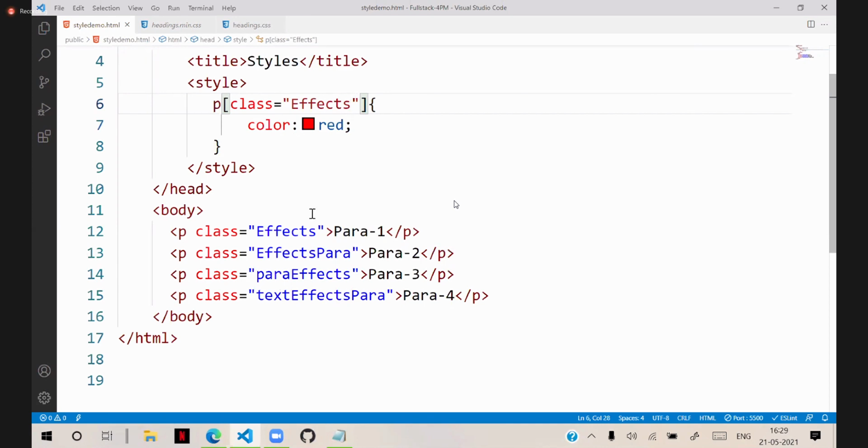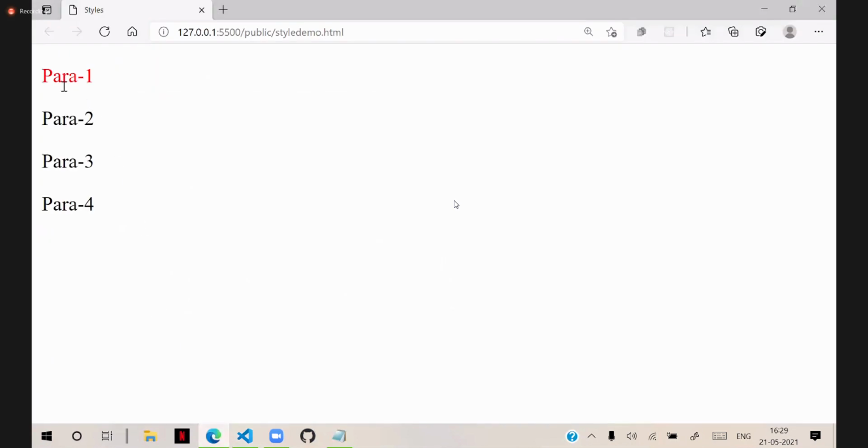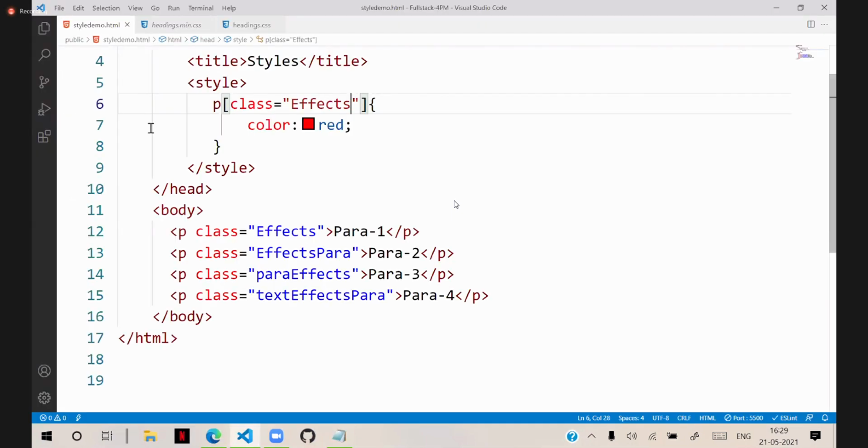So it is going to apply for the first one. And you can see it is applying for the first one. That's good. That's working. Now I defined here caret equal effects. That means the class name starts with effects word. Now for which paragraph it will apply?